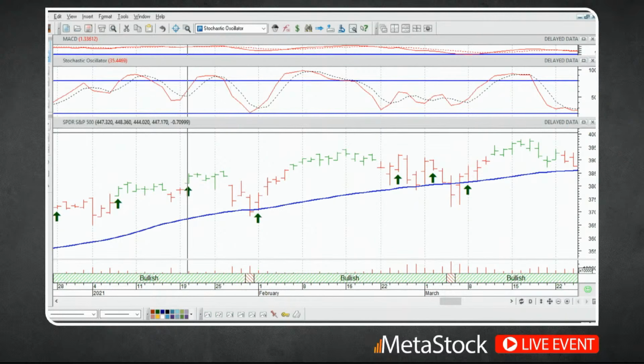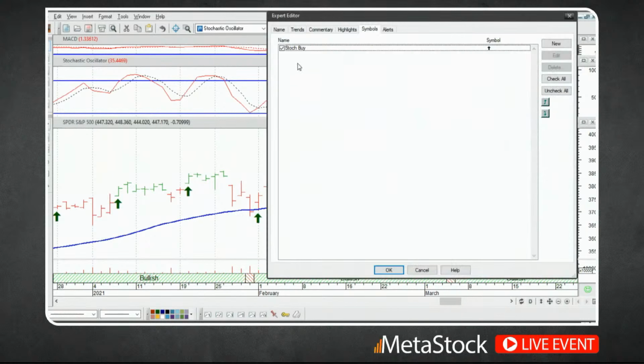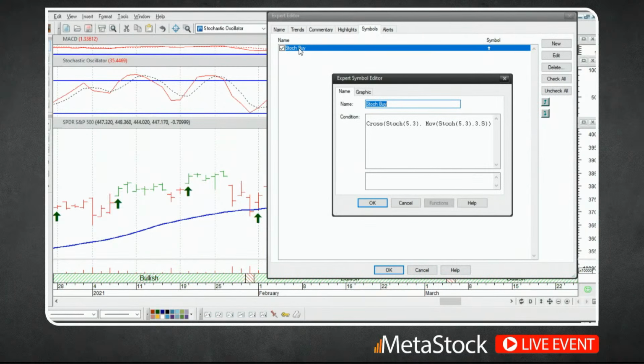And so now that I have it in this format, I know that I can continue on and do the same thing for the bearish side of this as well. So once I've got my bullish signals here on my chart, I want to go ahead and put in bearish signals where the solid line is crossing down below that dotted line. So we'll go back into our expert here again. I'll open it back up. And this time I'm going to go into the formula that we just created, make a copy of it.